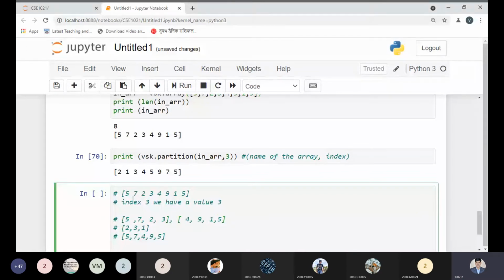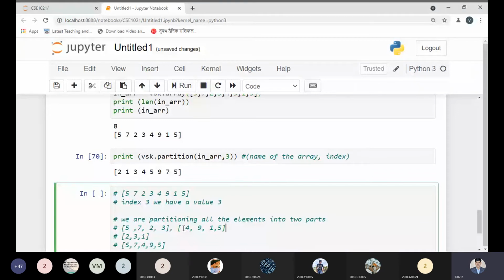So what we are doing, we are choosing the index value 3, where we have the value 3, and we are partitioning all the elements into 2 parts. We have done that over here.